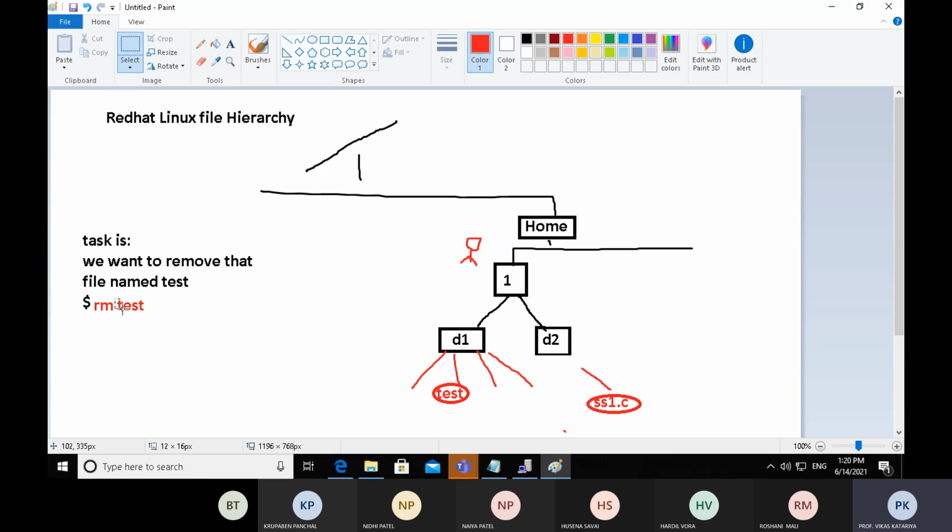This is the current working directory. A single dot shows that the user exists in the current working directory.